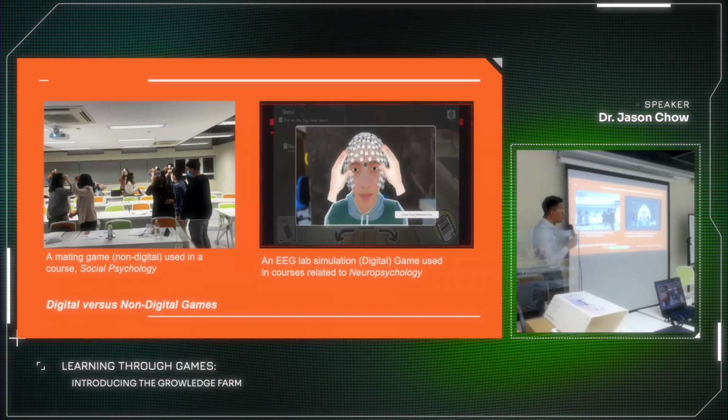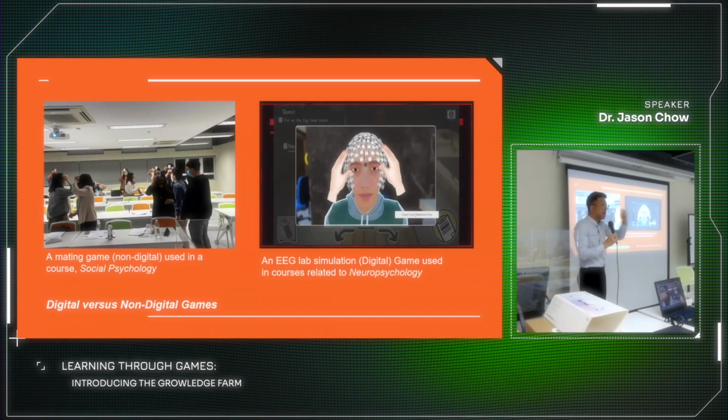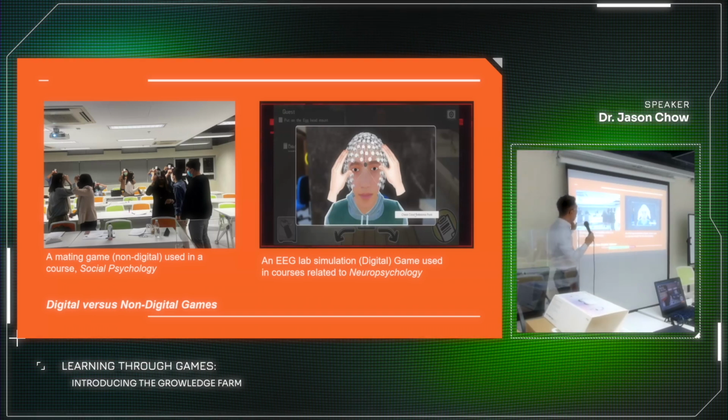Then at this point, to illustrate this concept and this theory, I will play a mating game. I will simply use some number cards and ask students to place one on their forehead. Then I tell them that it represents your mate value. So if you get a higher number, it means that you are more attractive in the mating market. The competition here is that you need to find someone who has as high an attractiveness as possible. If you can find a very attractive partner, then you will win the game. At the end, usually the outcome is that they will find someone who is similar to them. So this is called the mating game.